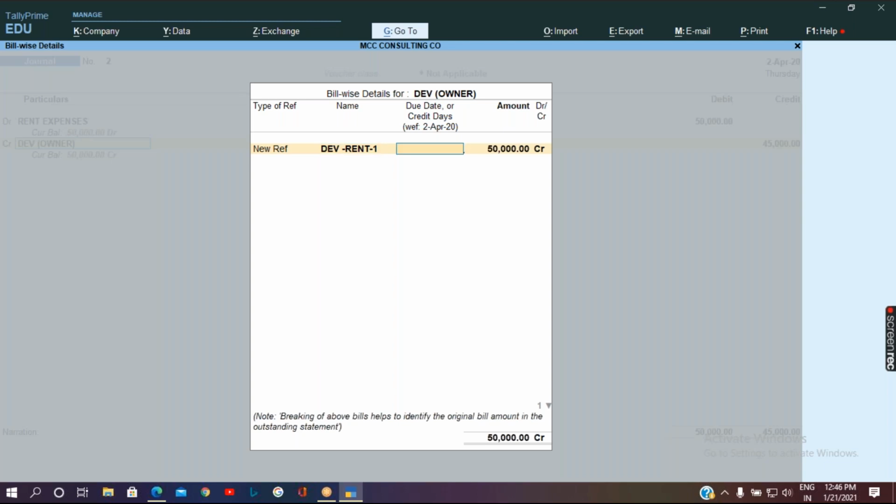The total value it has taken is 50,000. Please let me know whether we are going to pay the rent of 50,000 to them, or more than 50,000, or less than 50,000.